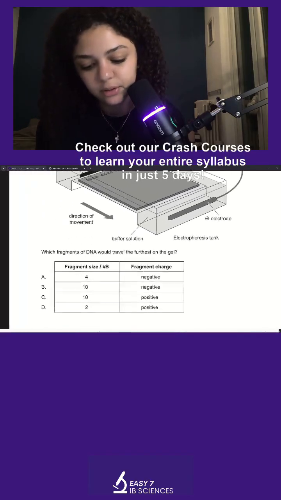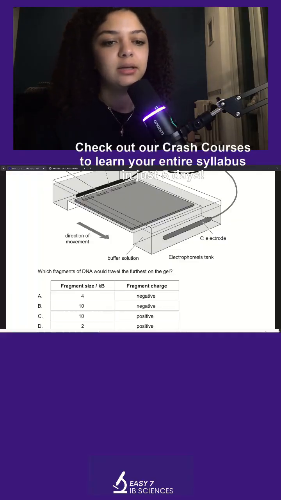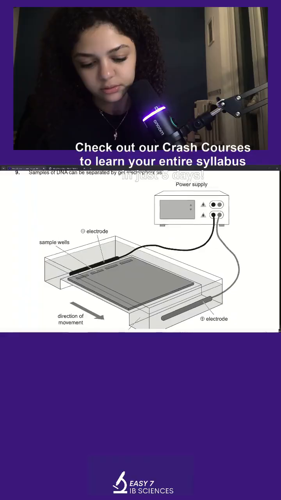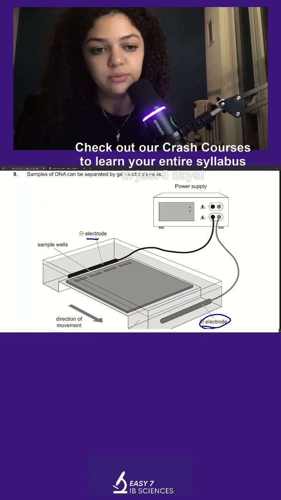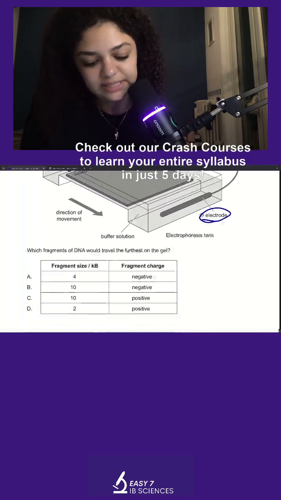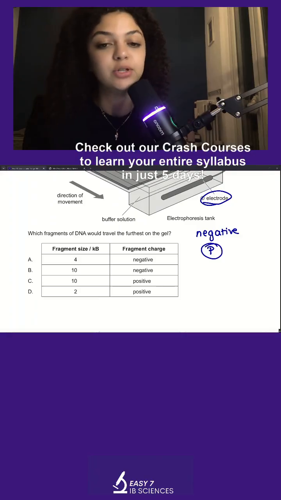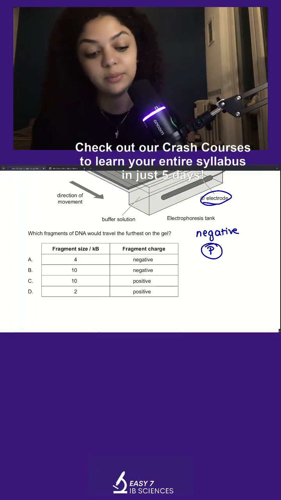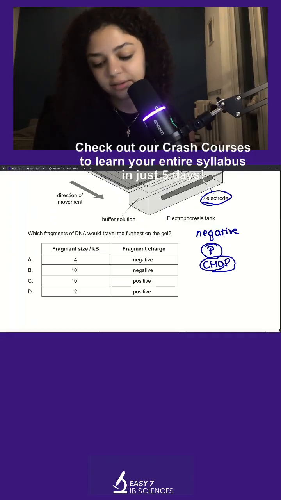Here in the diagram, you have your negative electrode, your positive electrode, and you know that DNA is negative, right? All of DNA is negative. Why is it negative? Because we have that negative phosphorus group that we talked about when we talked about CHOP, right? And so if all of DNA is negative,